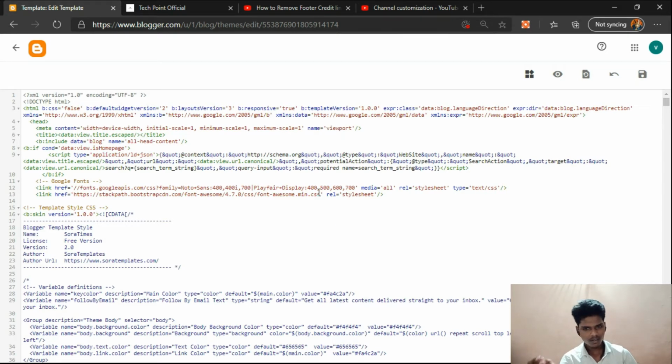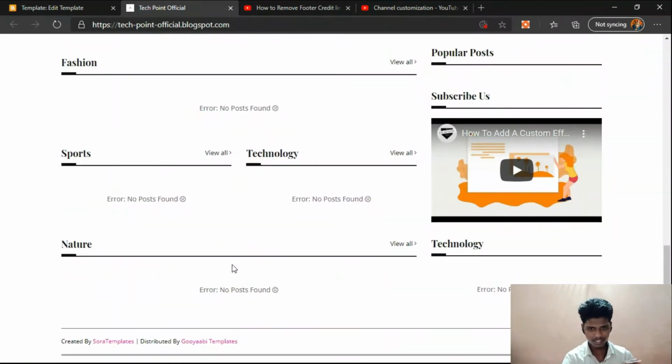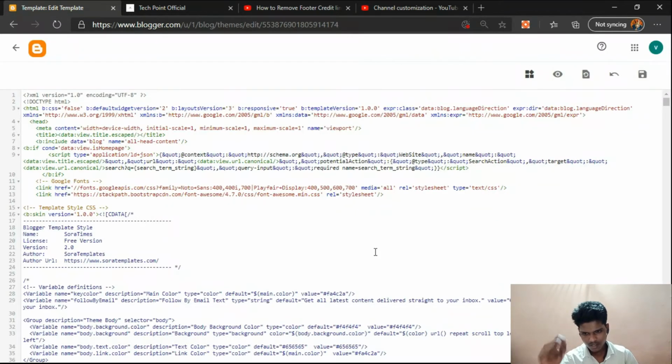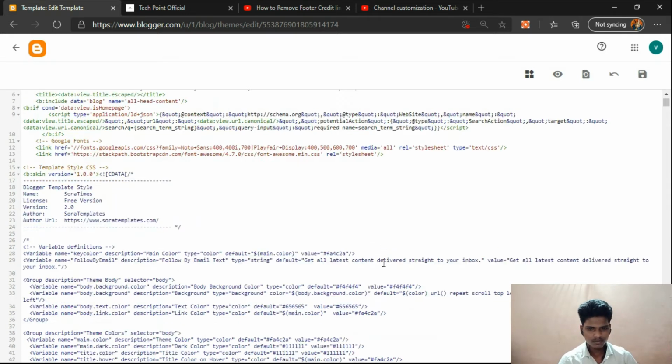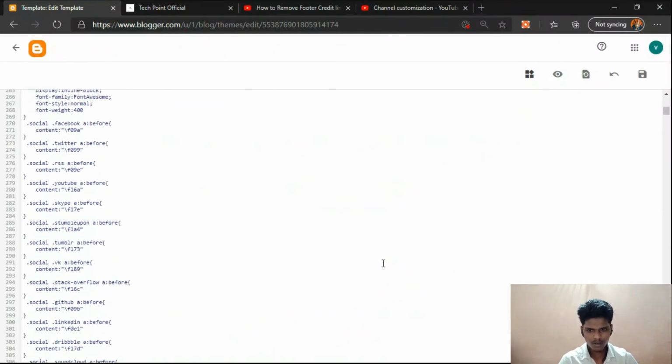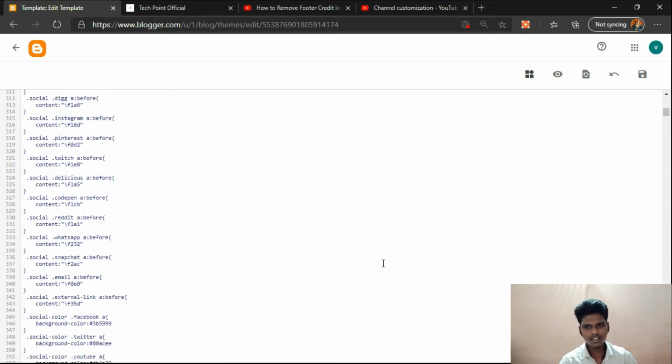After clicking on that, you can see this HTML code and everything. Don't edit anything. Go to your blog, and you can see here 'created by Sora Templates'. Copy that 'created by'. You have to find where that 'created by Sora Templates' is.